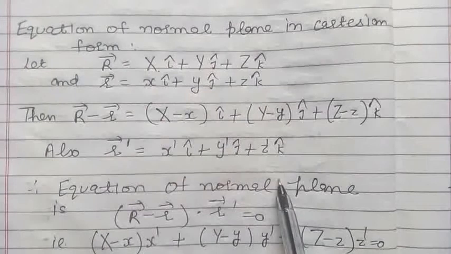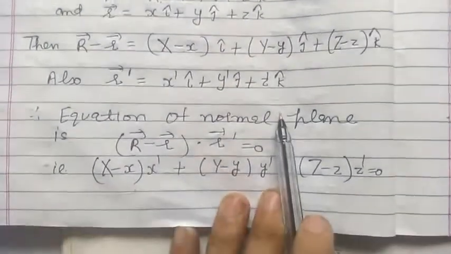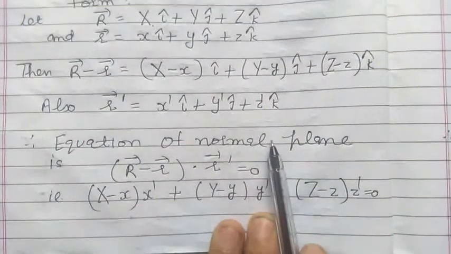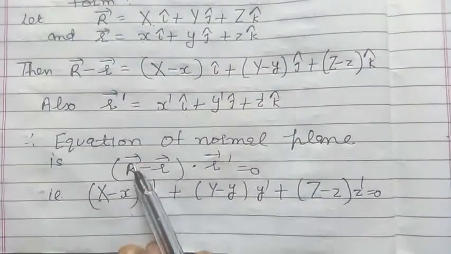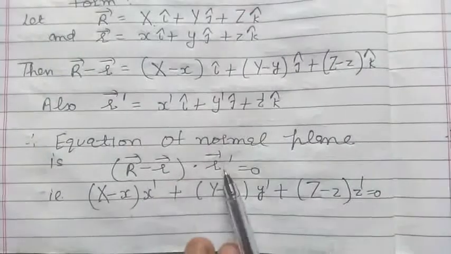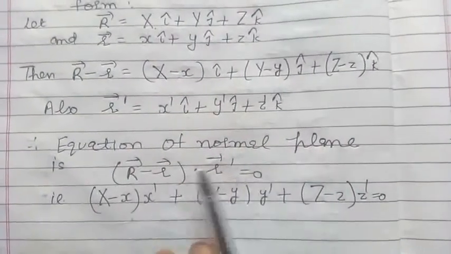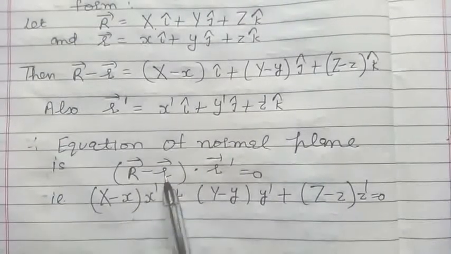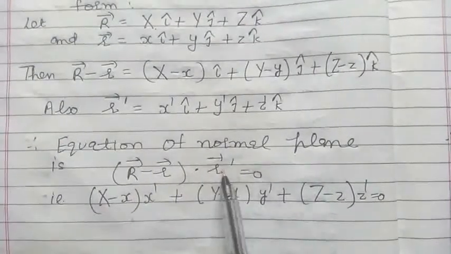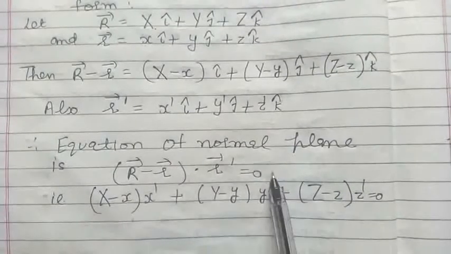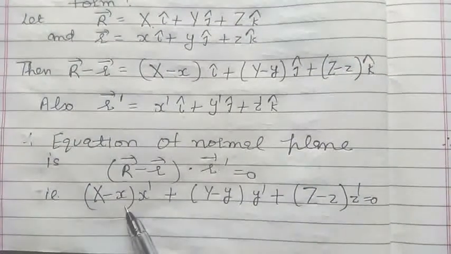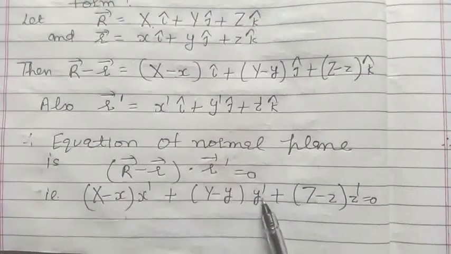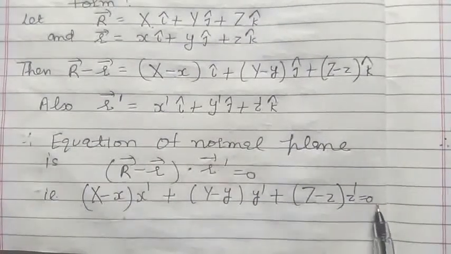So the equation of the normal plane is given by (R minus r) dot r dash equal to 0, which we have already studied. Substituting the two vectors and taking their dot product equated to 0, we get the equation of the normal plane: (X minus x) x dash plus (Y minus y) y dash plus (Z minus z) z dash